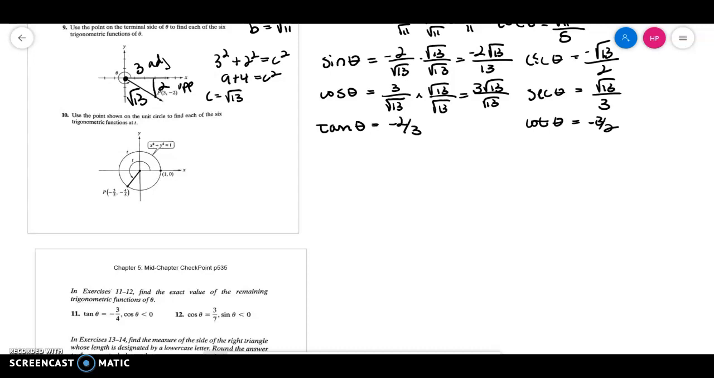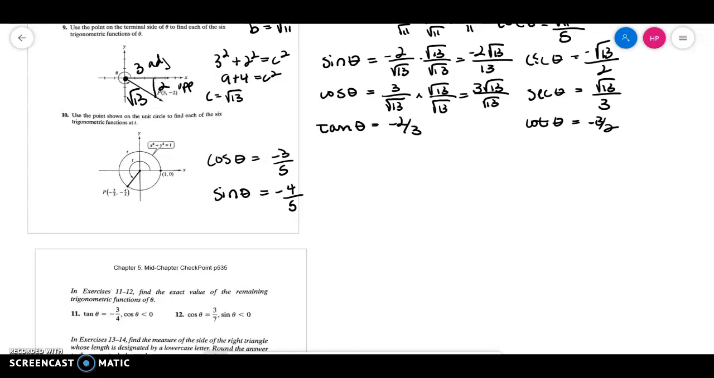So more of the Chapter 5 midpoint checkpoint, starting with number 10, which was very similar to number 9, finding each of the 6 trig functions. If we have the xy coordinate at that point and remember what that means, then for number 10, we are looking at the cosine of the angle being -3/5, the sine of the angle being